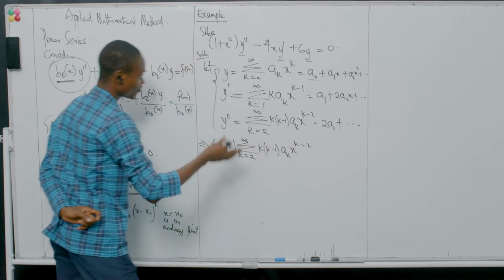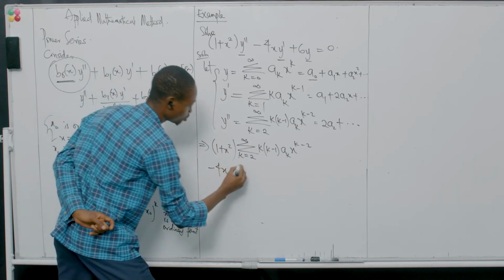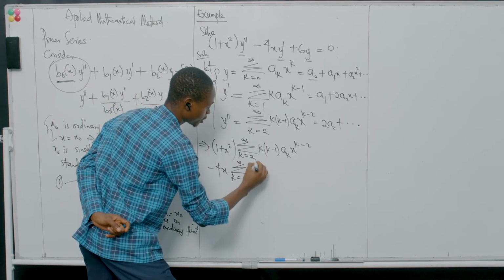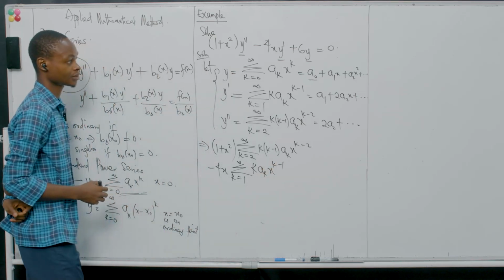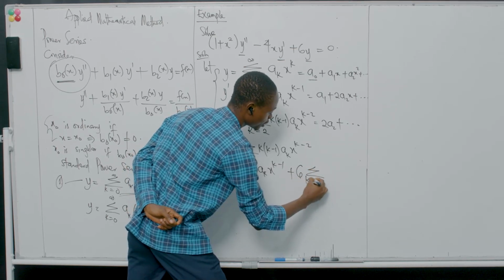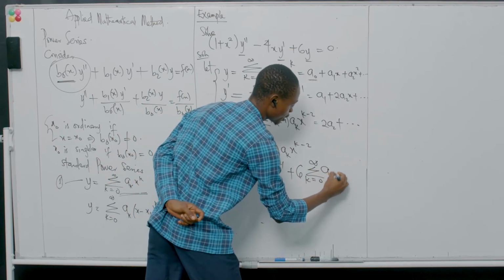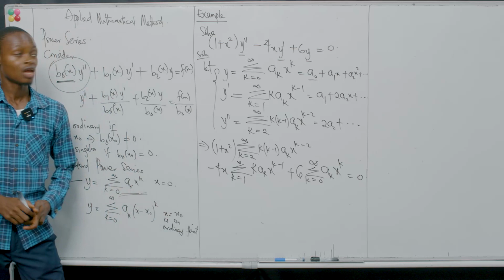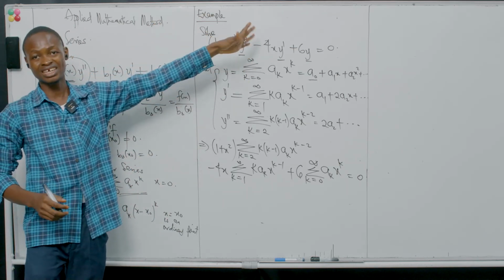I'll write everything line by line, so we have clarity. Minus 4x, substitute y prime. That will be summation k starting from 1 to infinity, k ak x raised to k minus 1. Then plus 6 summation k starting from 0 to infinity, ak x raised to k, and this is equal to 0. We know what this kind of function is called. This is a homogeneous equation because the right hand side is 0,